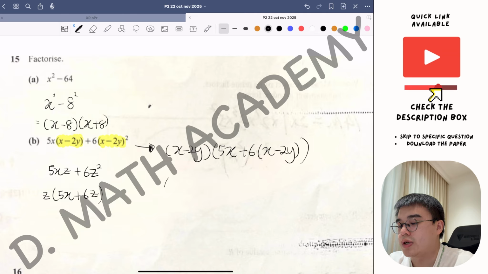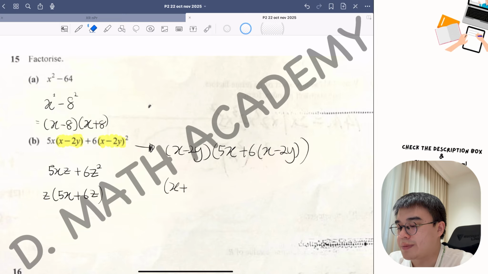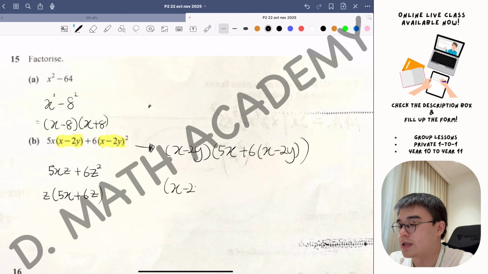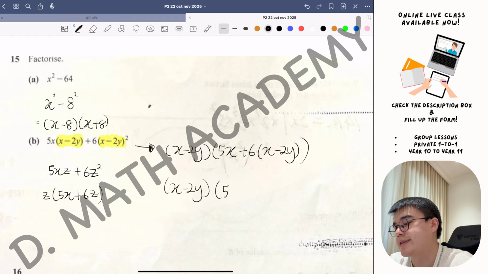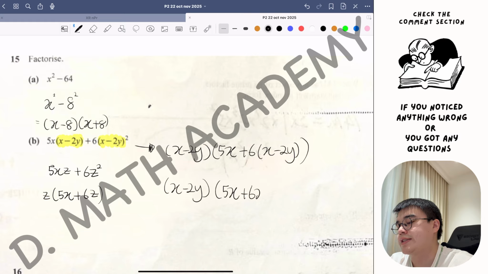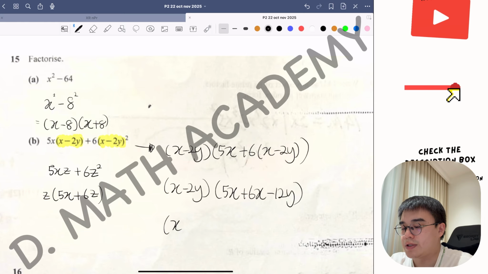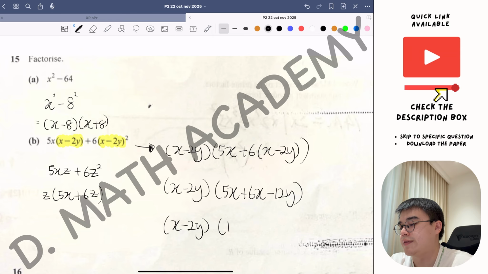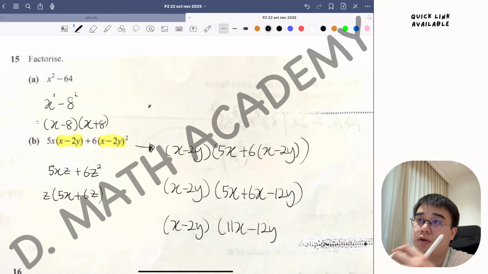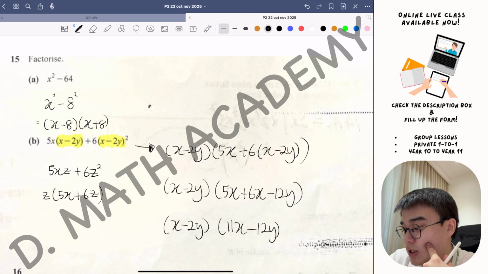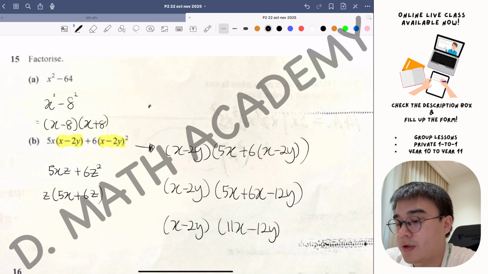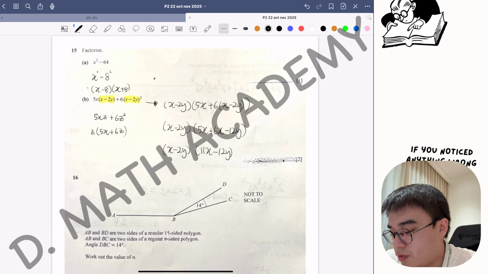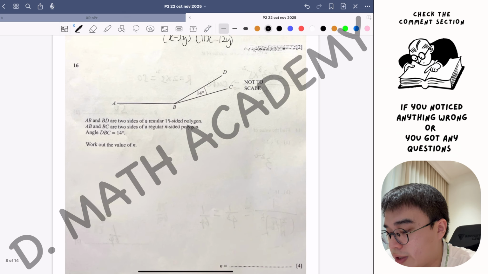Okay, so it's not done yet. You actually need to make some effort to expand the brackets at the back. So you got 6x minus 12y. Work that out, you got x minus 2y and 11x minus 12y as your final answer here for question 15. So moving on to the next one,